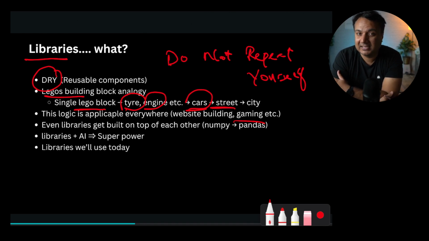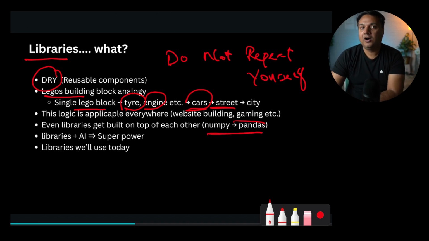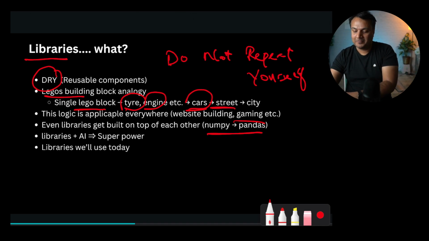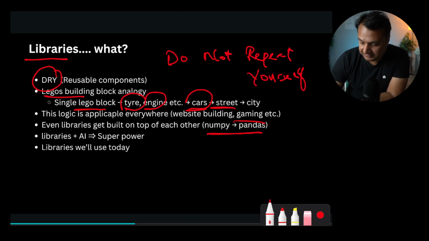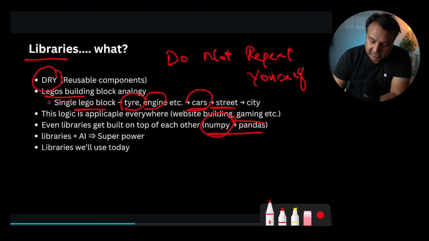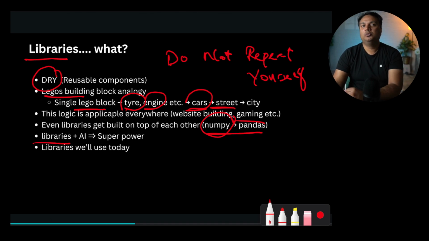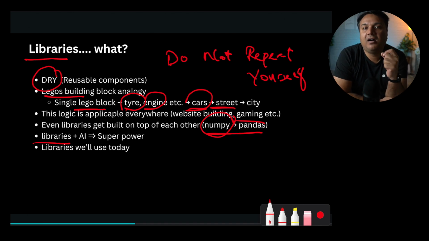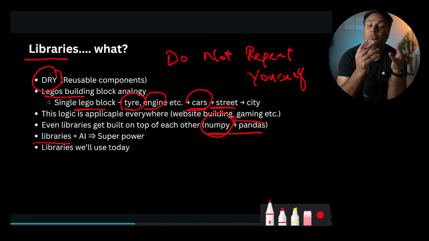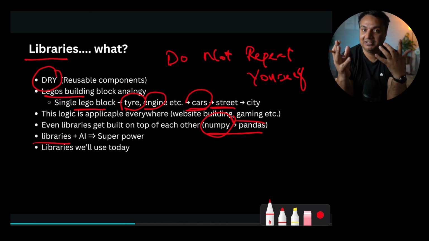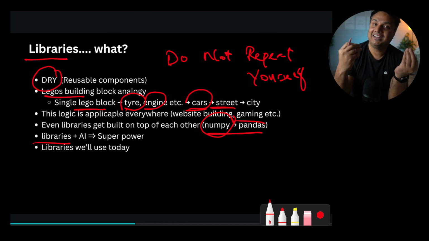If it's not fully making sense to you, don't worry about it, not a very important concept, but just an illustration of how libraries use other libraries. The Pandas library, which we are going to go through today, was built on top of the NumPy library, which was also a very elegant library. So in a nutshell, when you use libraries, you are leveraging the hard work which other people have already done. And hopefully, when you become very proficient with Python and all these libraries, you'll be creating your own libraries. And then other people can just use that easily.